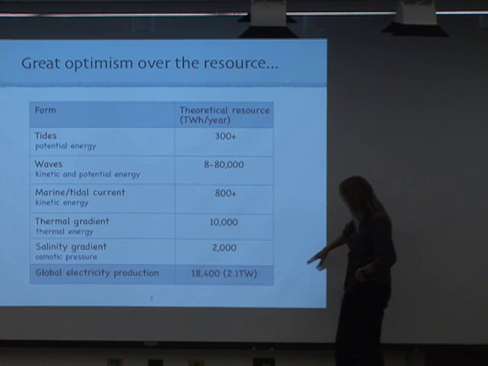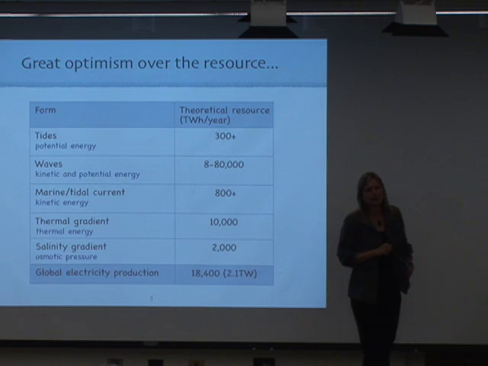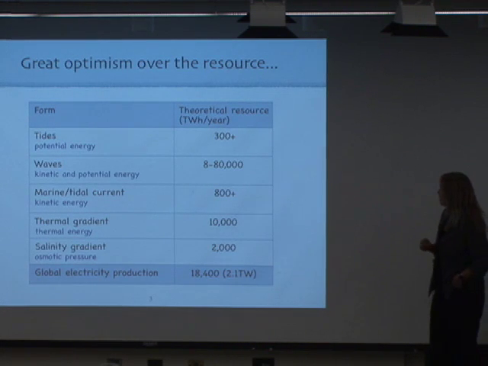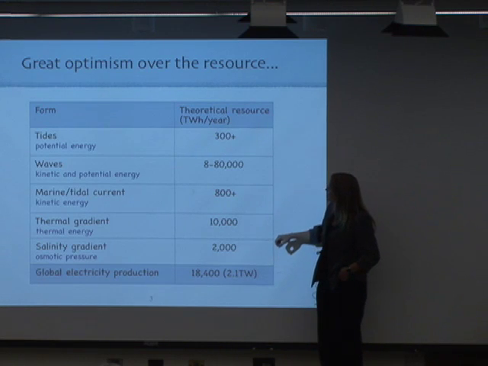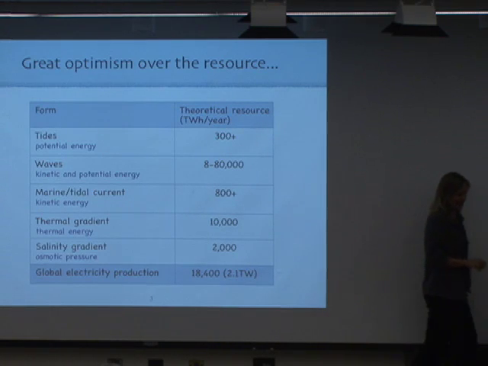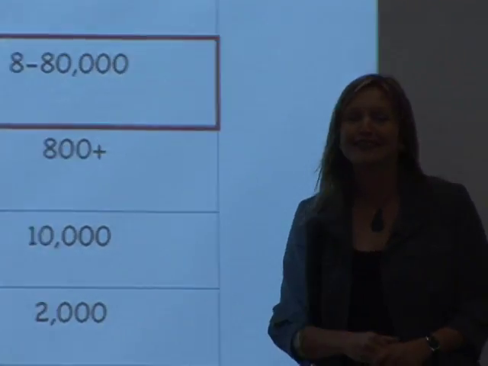So these are estimated right now together to give about, say, 1,000 terawatt hours per year. You have to put this in perspective. There's about 18,400 terawatt hours that we are currently consuming. So that would be a small part of our global energy or electricity consumption and production. But waves are estimated to be fantastically high, although what's very interesting is that the estimates range quite a lot, from 8 to 80,000. So we have to be a little bit careful about this, and we'll talk about that later.